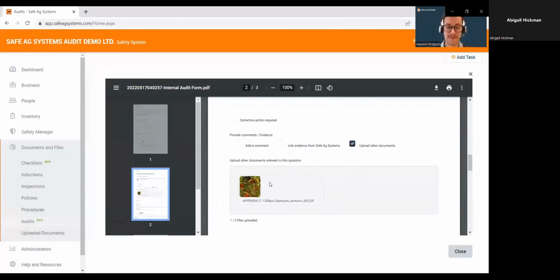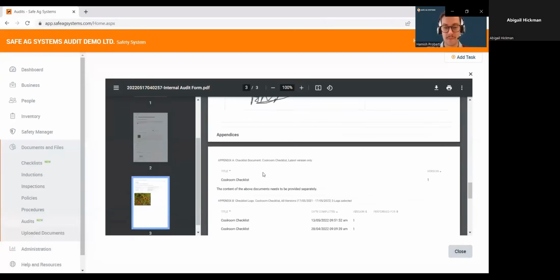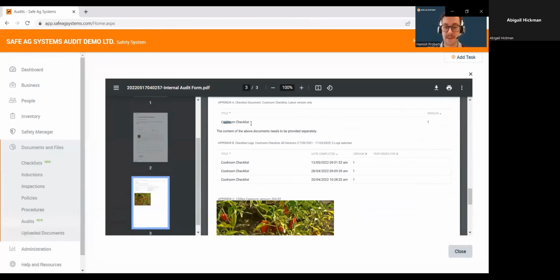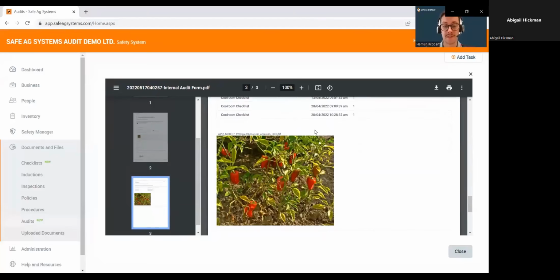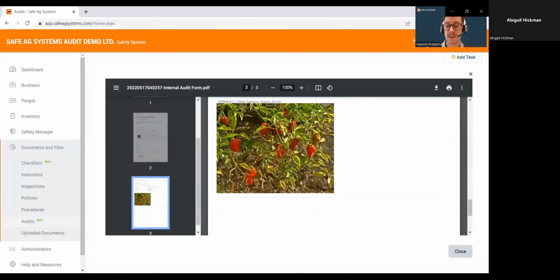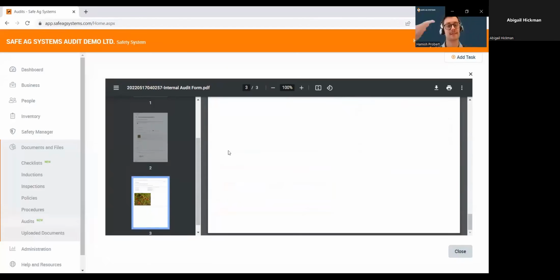And then when we have upload a file, it will also populate it down into the appendix as well. So here's the appendix. It just says that this is in the system and these are the logs attached. If they ask for any clarification, you can send on those forms through. And here is the image which has previously been attached, and we'll just present it in a list that way.